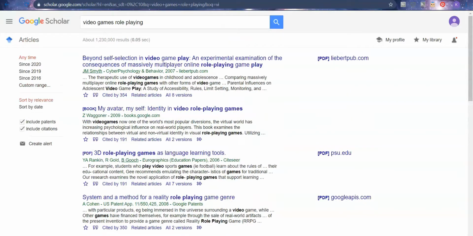Google Scholar will also bring up scholarly books. And often, if you've ever looked at Google Books, books.google.com, some full books are available, some parts of books or chapters from books are available. So that's a possibility you could look at too, but it's probably in your best interest to really just focus on articles. So as we take a look here, beyond self-selection in video gameplay, consequences of massively multiplayer online,